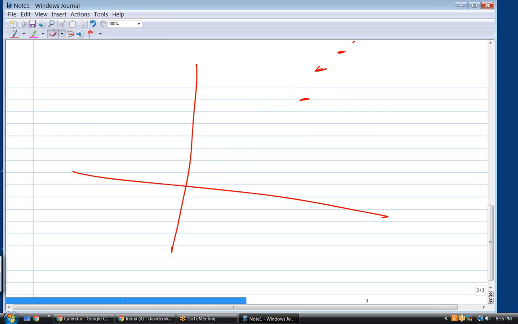What if my points were like this? In other words, if I had a data point like that, data point like that, data point like that, now that doesn't look linear anymore. That looks parabolic, which is quadratic. So what happens is that based on a set of data points, you can get both linear regression and quadratic regression or cubic regression or square root regression.